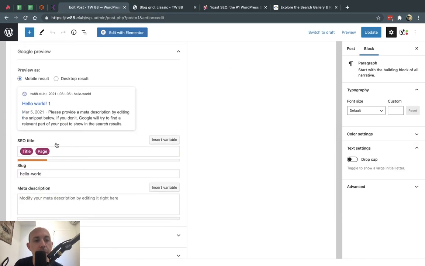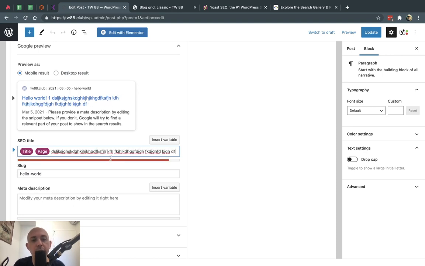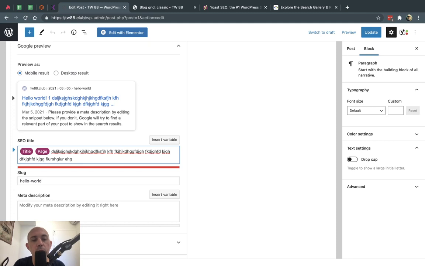So first of all, you can see the title tag, the URL, and the description. And if you remember, we already set this template title page. Now I can start typing more things. And if you notice here, there's a bar that recommends not to exceed certain lengths. You see that? Sometimes you don't want to have too long of a title tag and meta description.